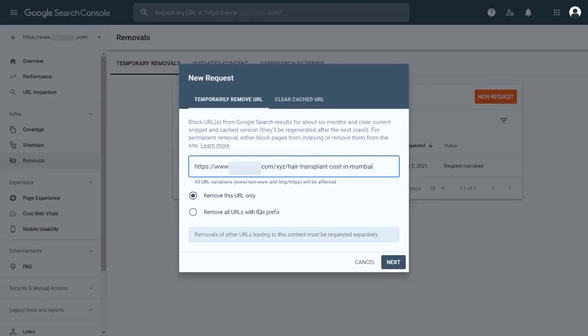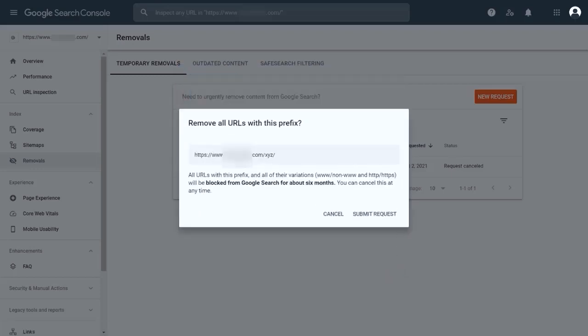And if I select the second option, remove all URLs with this prefix, and type the URL up till mywebsite.com/blogs, it means that all my pages with this URL prefix will be removed from Google indexing. So while using this feature, you need to be very careful. Then we need to click on the submit button. After this, Google Search Console will ask you to double check your URL before you submit the request.